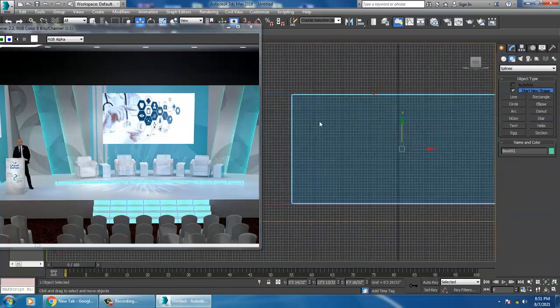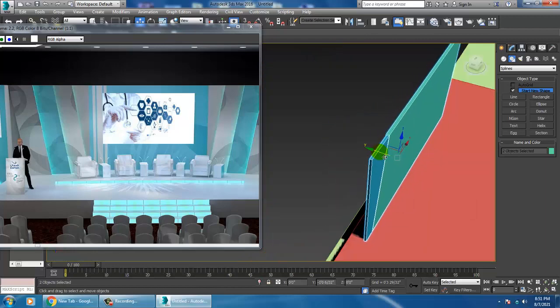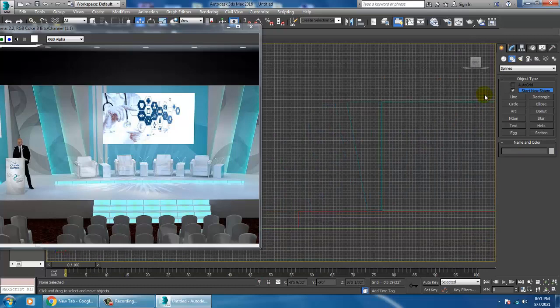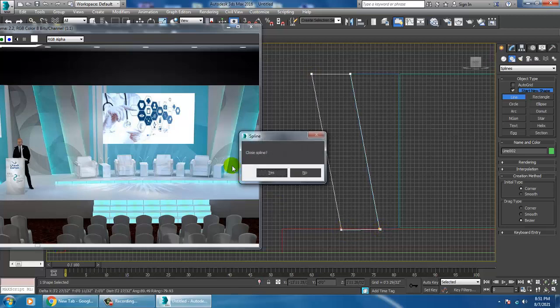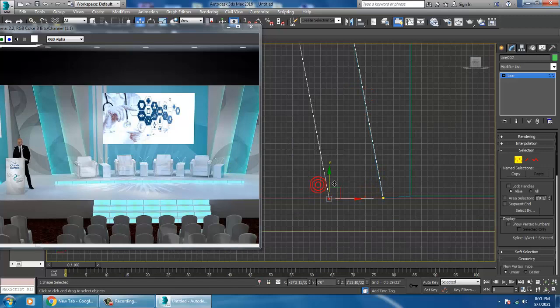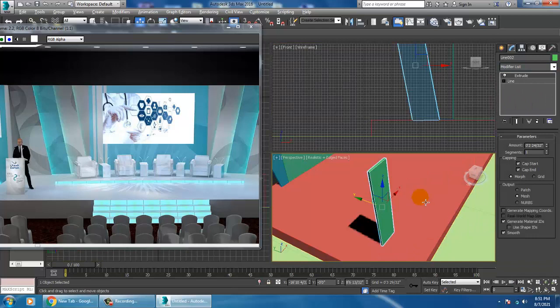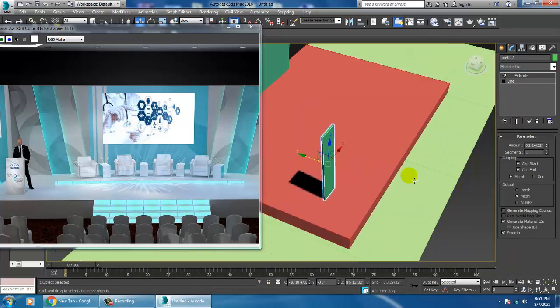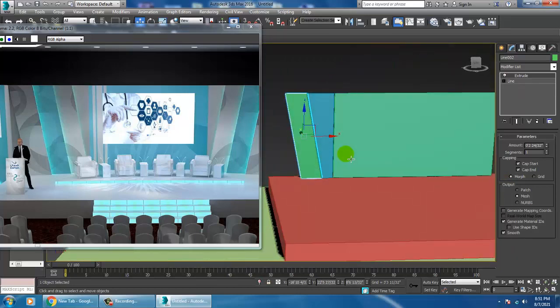If you want, I can slightly shuffle this a bit in front. Again take a line tool in this way, just close the shape, and again give an extrude modifier, and we'll slightly shuffle this behind.